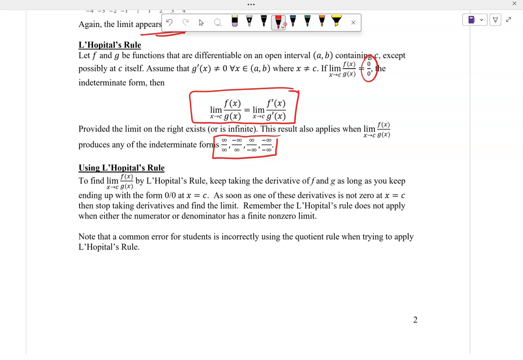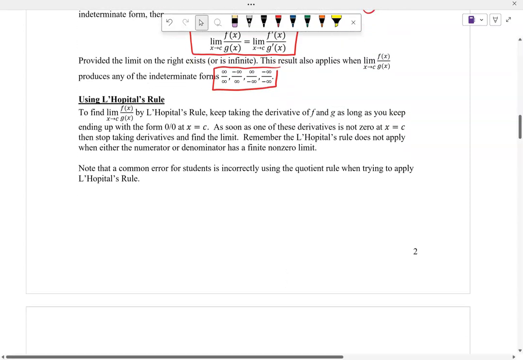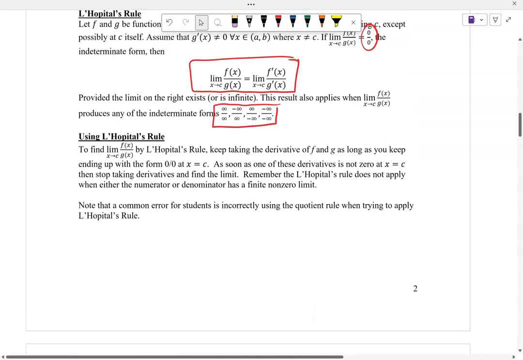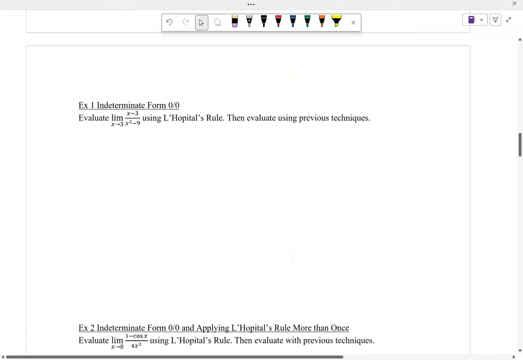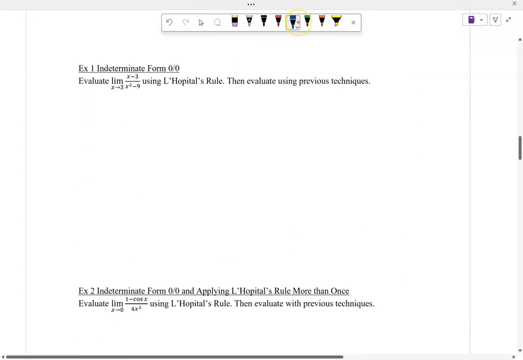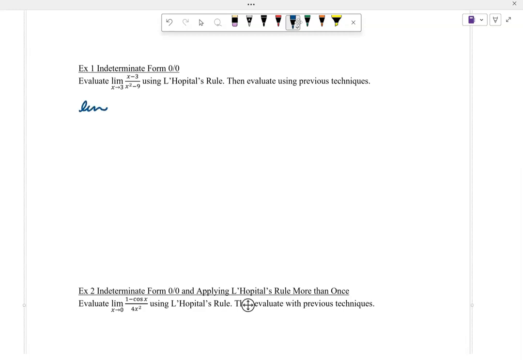And you can also repeat this, okay? So this is repeatable as well. Now, don't try and run the quotient rule. Sometimes students try to do that. That's a pretty common error. So let's look at this first scenario. If you notice with this limit here,